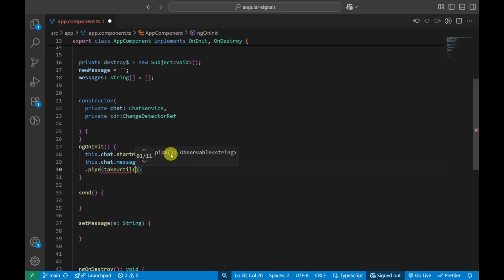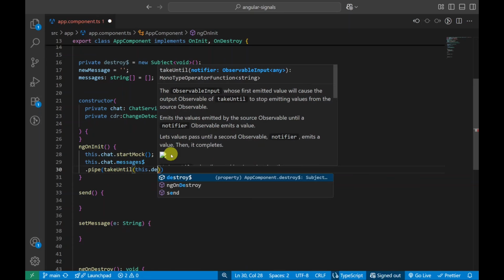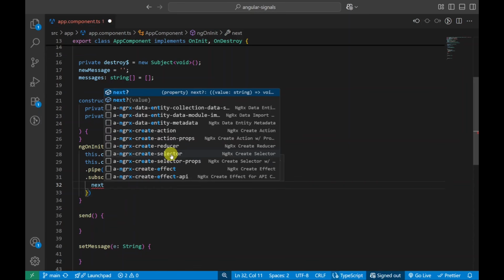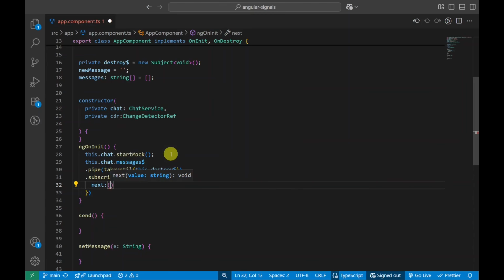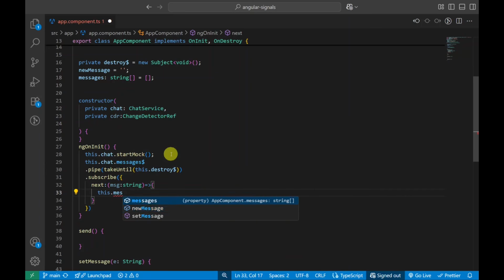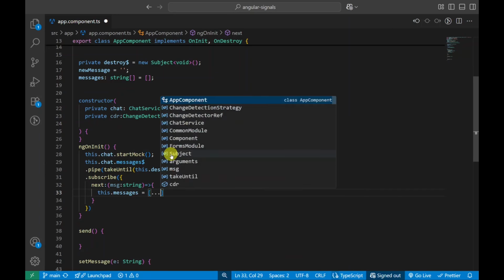I use takeUntil for unsubscription, and then I subscribe to messages, as you can see here, and push each new message into the array.